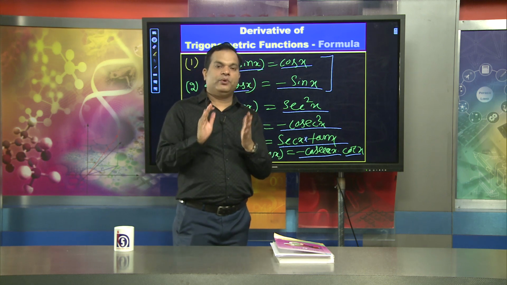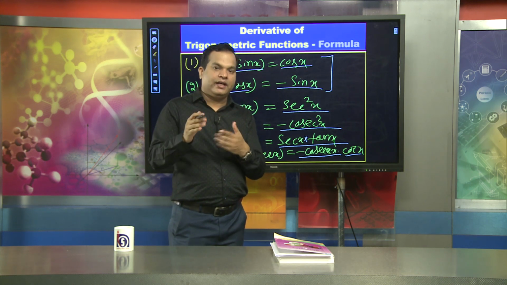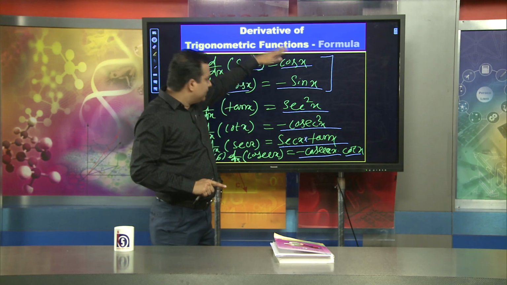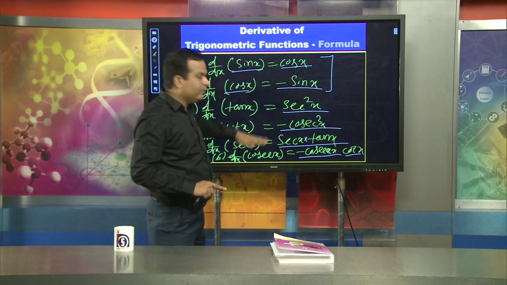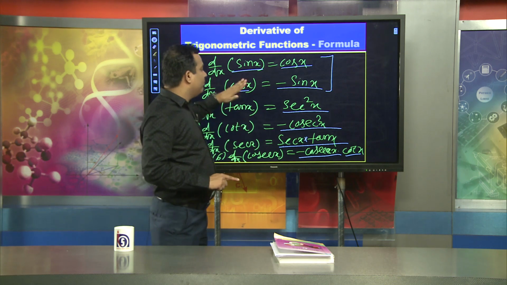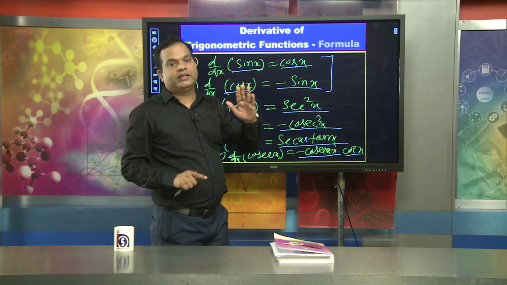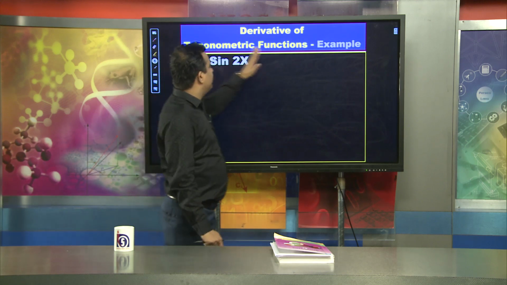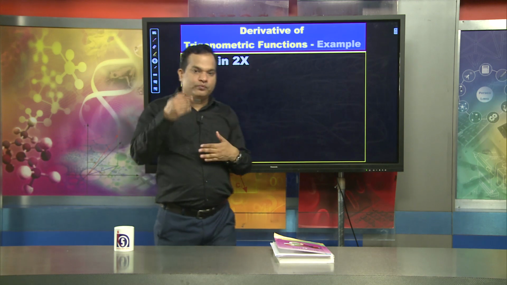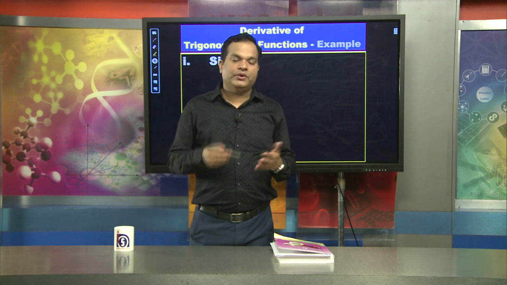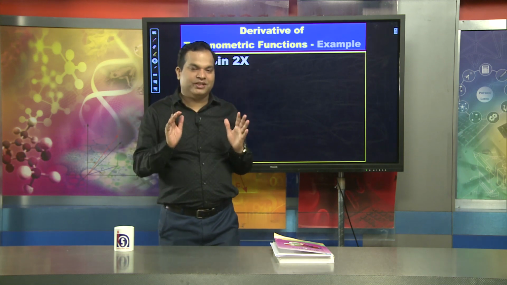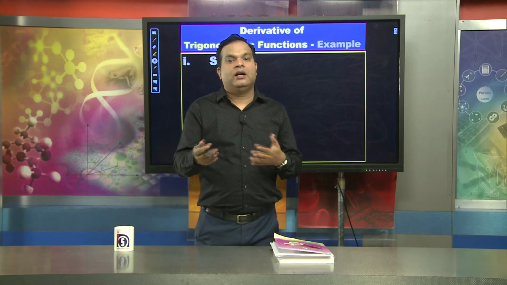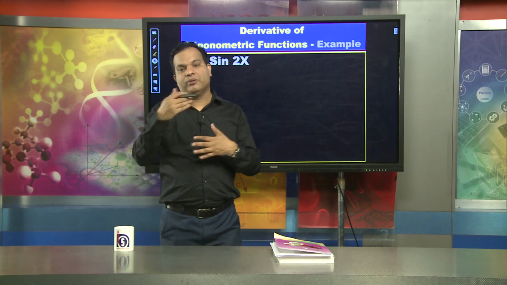मतलब फर्स्ट प्रिंसिपल को लेके कैसे यूज़ करना है। एक तो हमको फार्मूला मिल गया, that is, the derivative of sin x is cos x. Similarly, this way we can derive the formulas of other trigonometric functions, that is, derivatives of trigonometric functions. क्योंकि जो हम लोग डिराइव किए, how we have to use that formula, क्योंकि फार्मूला को जब हम यूज करेंगे तब पता चलेगा how will we benefit from that formula.